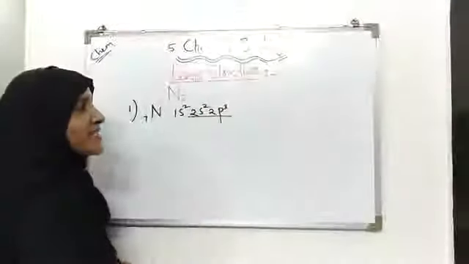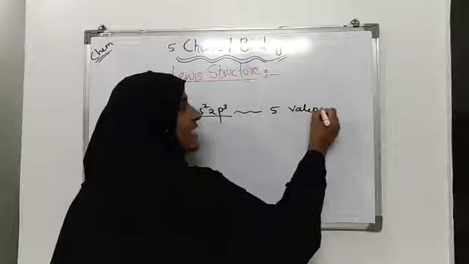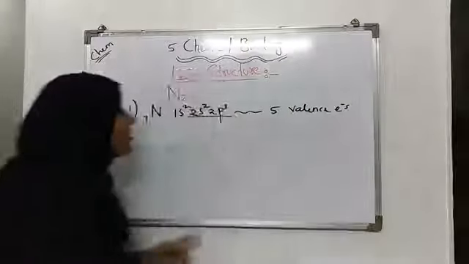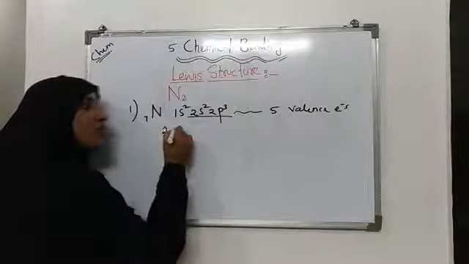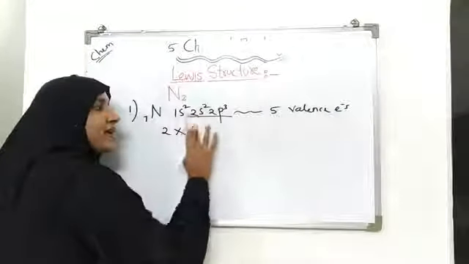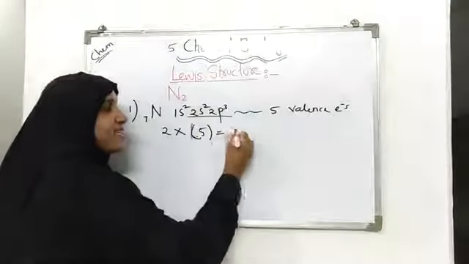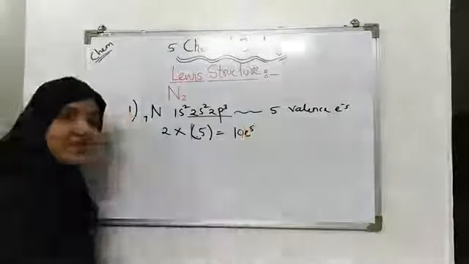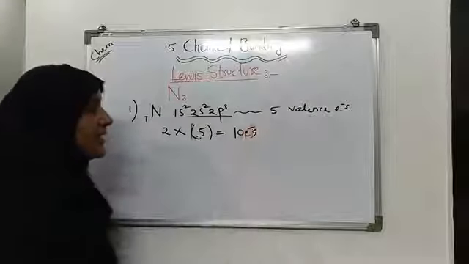In its valence shell, it has 5 valence electrons. ठीक है? तो how many nitrogen भी है? हमारे पास 2 नाइट्रोजन है, तो हम लिखेंगे क्या? 2 into 5, that is 10 वैलेंस इलेक्ट्रॉन्स।